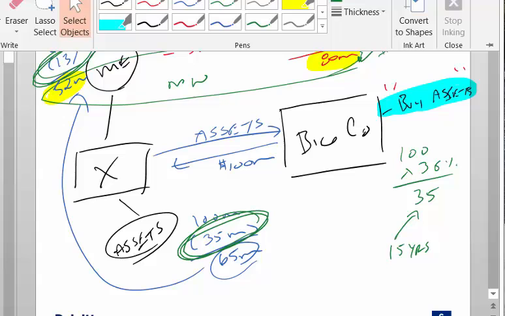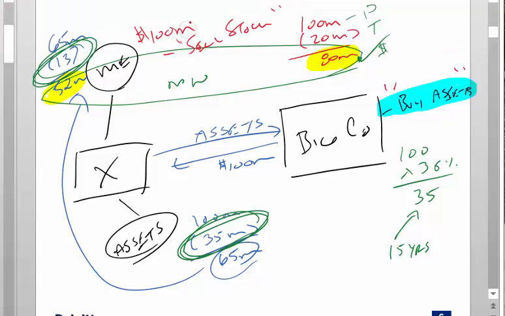But if I changed one simple fact, if I made X an LLC, and this was a partnership instead of a corporation, now there's not two levels of tax to acquire assets. There's only one. So now it could be very efficient for the buyer to buy assets, because the seller is going to say, oh, I don't have to pay tax twice, I only have to pay once. Like, now we're talking. Now I might sell you assets.